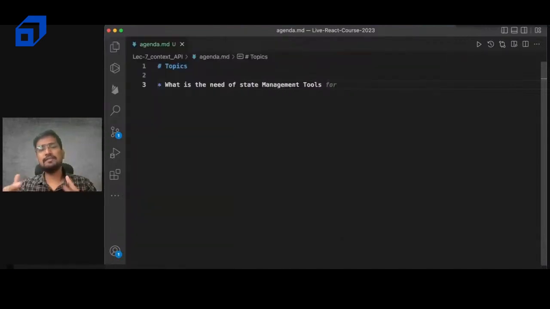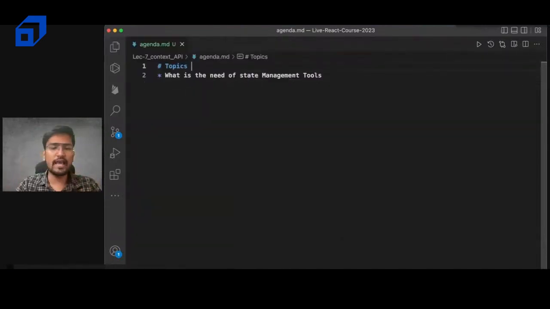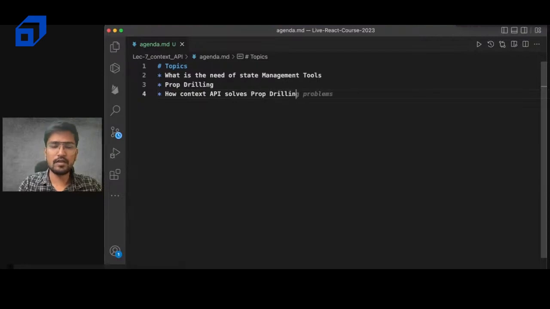State management tools, or some library that is used to manage state, because as soon as your application grows larger, there are n number of components and they need to talk to each other. Secondly, I will be explaining the problem of prop drilling. What is prop drilling? Because it is asked in pretty much every interview. After that, I will cover what Context is, just the basics of how the Context API solves prop drilling. Then I will give a basic code example